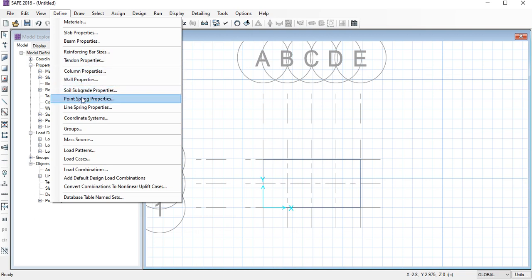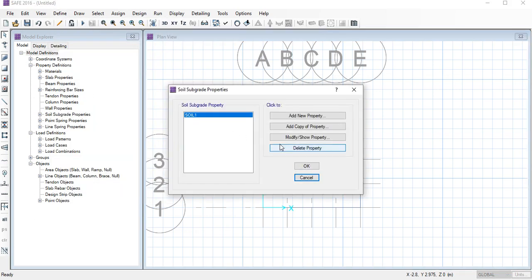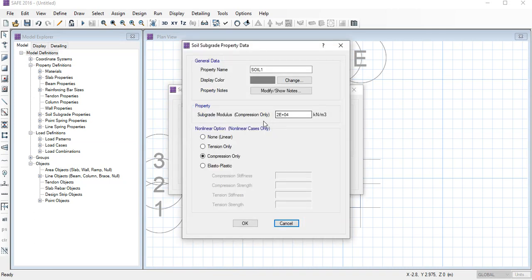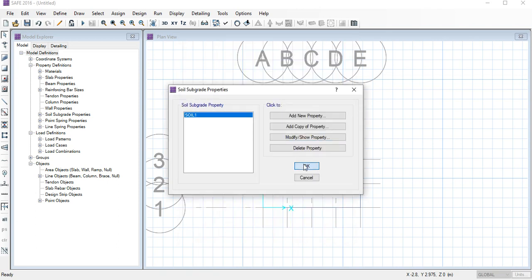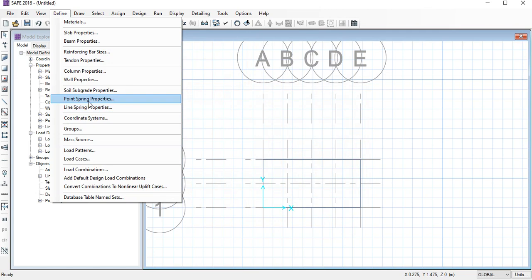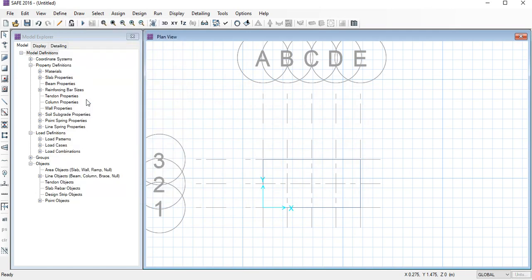You can see here is your soil subgrade. We can also check these things to see whether this is correct or not. Here is the subgrade modulus I have earlier defined, 2e+04, that means 2 into 10 to the power 4. So it is quite well, don't worry, we will just click OK. Second thing is that we will define here the point spring